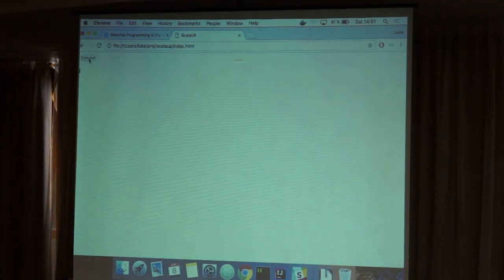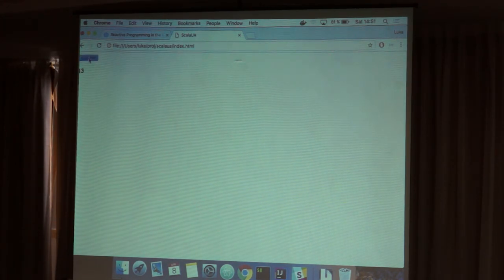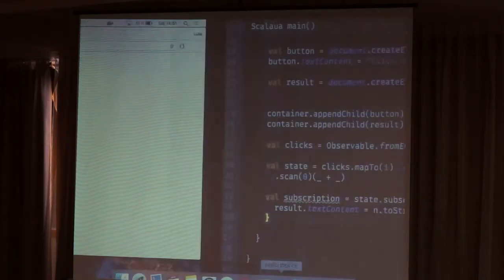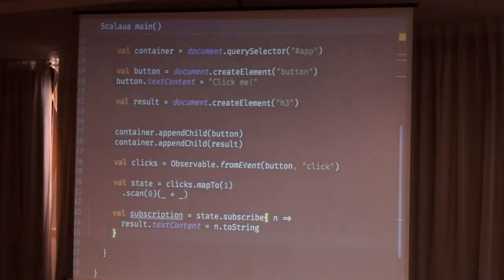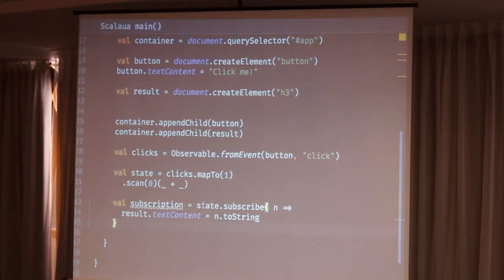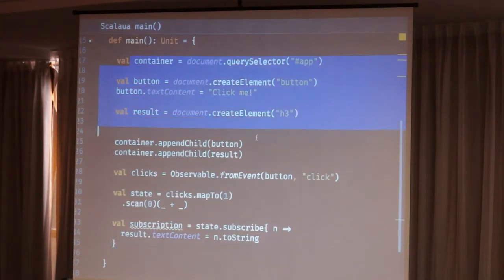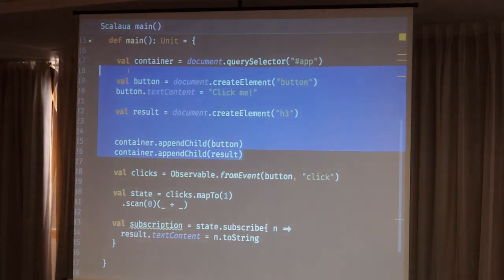Okay, so we've got this button, and every time we click it, we get some kind of update, right? So this is very, very basic. I think immediately what we can see is this has some kind of problems because we're still doing a lot of imperative stuff here, right? This whole thing is completely imperative, and also every time we call the subscribe method, we get a subscription,